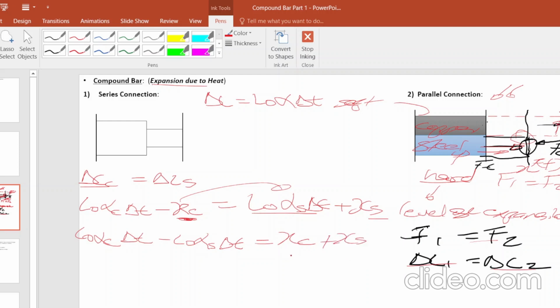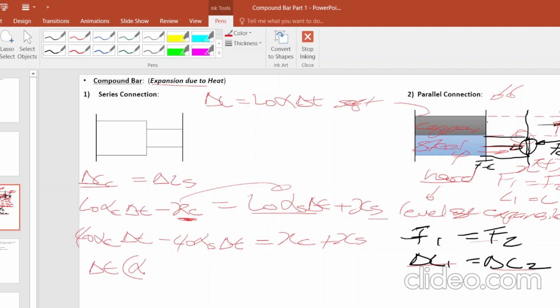That's what we will have then. Right. Then here we know the condition, L1 equals L2. Now the L and the L are equal, they will fall out. Then here I'm left with the change in temperature as my common factor